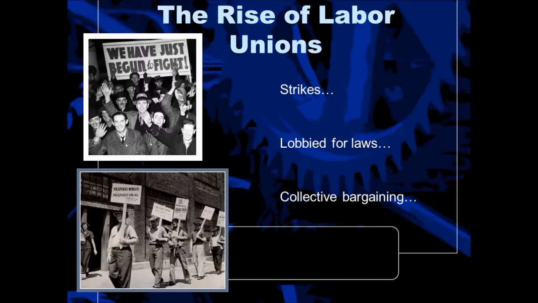What it started out with originally when unions first came about is you would have a union representative for each factory that would go and talk to the owners of the factory by themselves, basically as a representative of everybody that worked there. The problem with that is you as a worker don't know what goes on between that representative and the owners when they're in that closed door meeting. So your representative might be going in there gung-ho saying, I'm gonna kick somebody's butt and I'm gonna get us all these rights and privileges, and he's really walking in there going, please don't fire me, what do you want me to do?